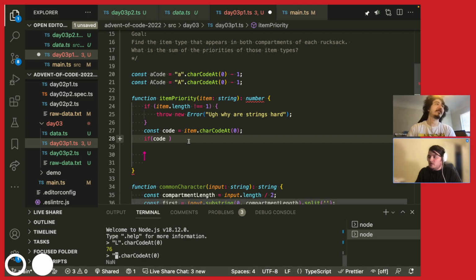Oh, okay, lowercase is bigger. So if code is greater than or equal to